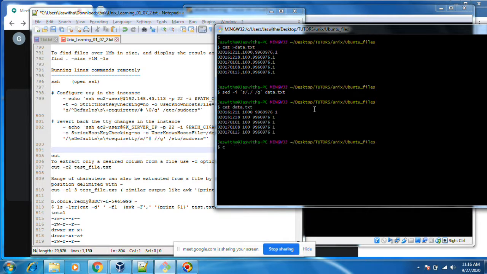Cut -c2. Okay, second character. You see, it comes.